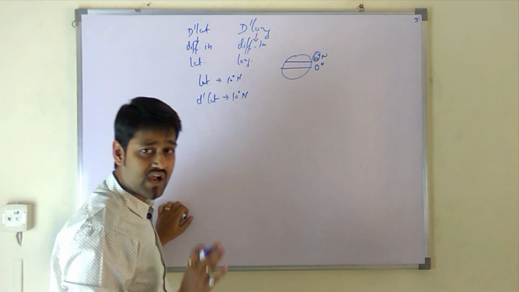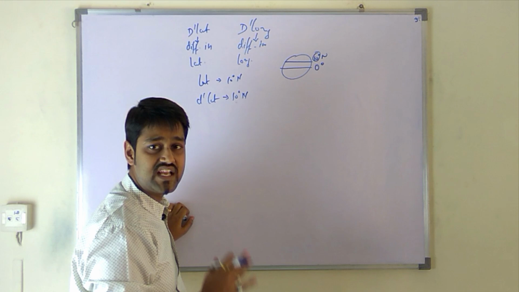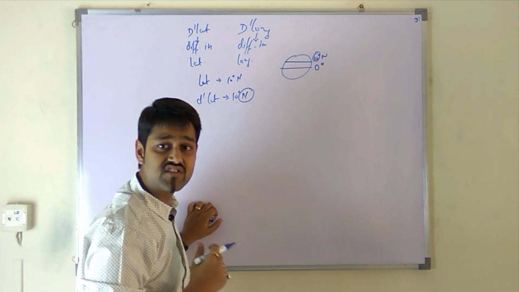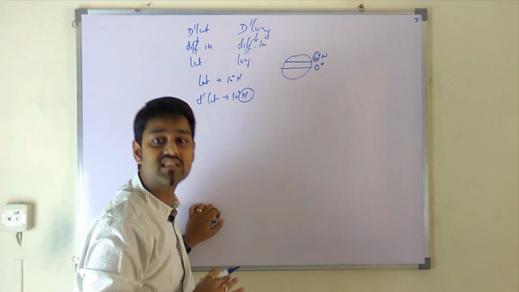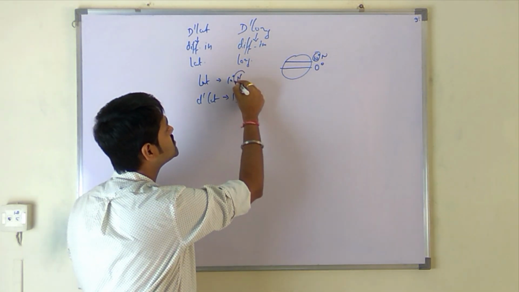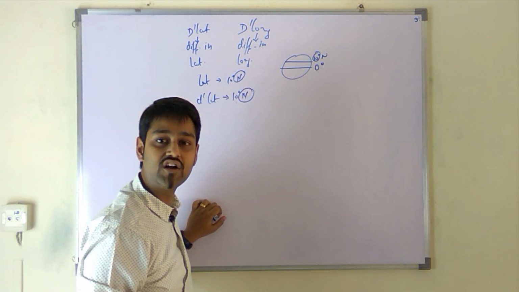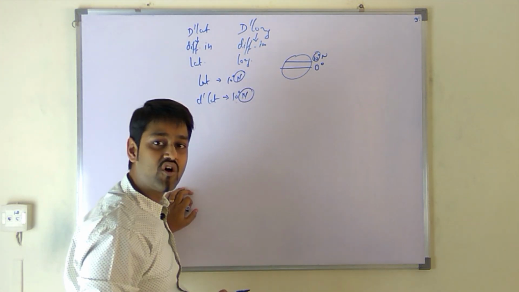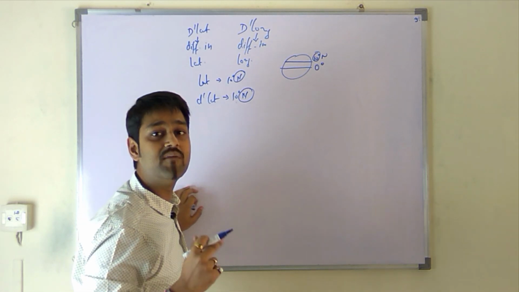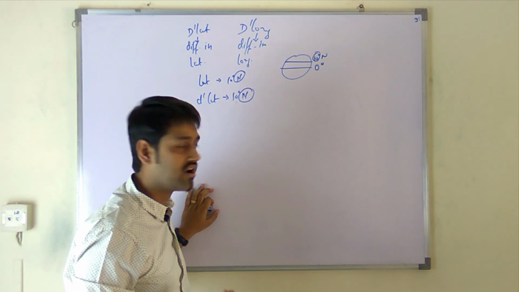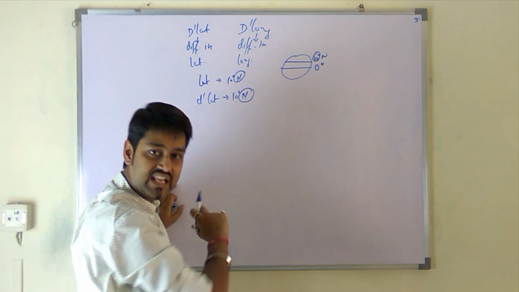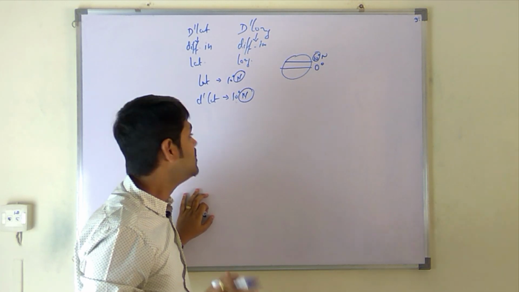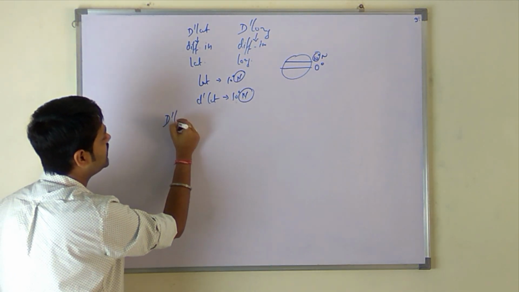The last statement I want to make in this section is that when you are saying DLAT and DLONG, make sure the north, south, east, west written after the value of DLAT and DLONG has no relation to the north, south, east, west written in front of latitudes and longitudes. It is totally different. The north, south, east, west written with lat and long is with respect to the equator and the prime meridian respectively, while that written with DLAT and DLONG stands for direction with reference to the initial lat or initial long. So now I'll move on to DLAT individual examples.